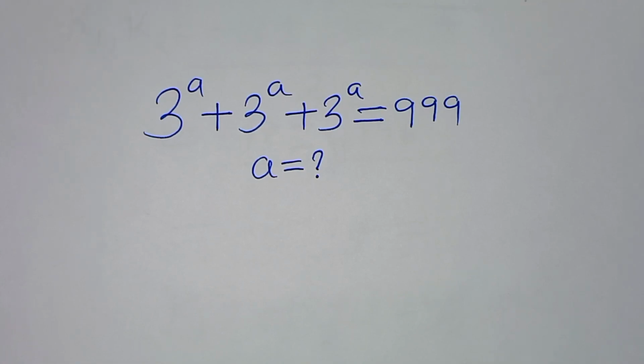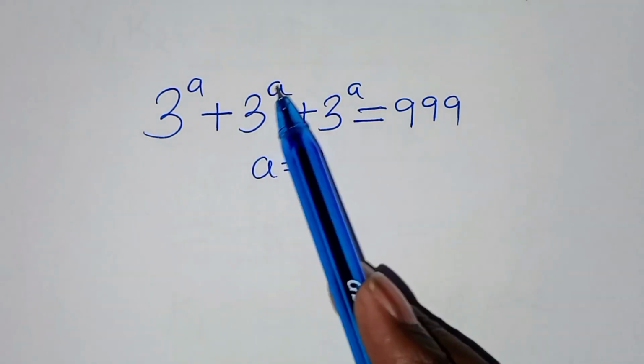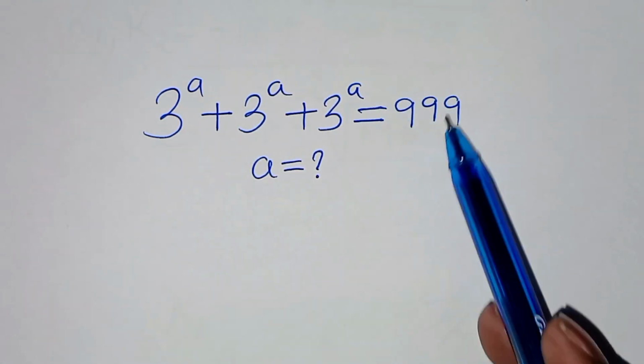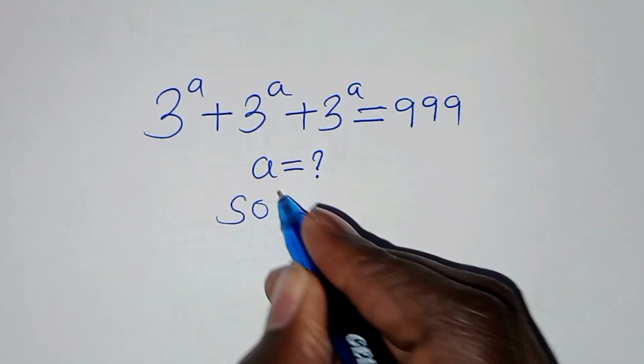You're welcome to solve this nice exponential equation, which is 3 to power a plus 3 to power a plus 3 to power a. This is equal to 999. So what is the value of a? Now solution from here,